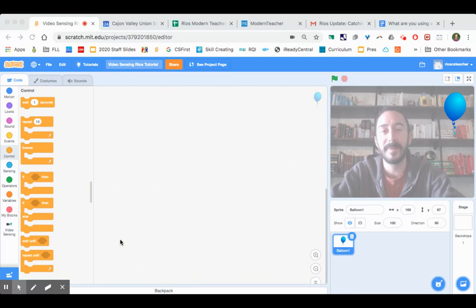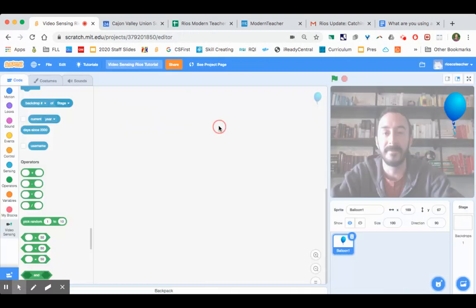And so I've been messing around with Scratch for the last few days and found something really cool that I wanted to share with you. So if you go into Scratch, you can add this to your projects to make them even more cool. You can click on this extension button right down here to add a video sensing extension